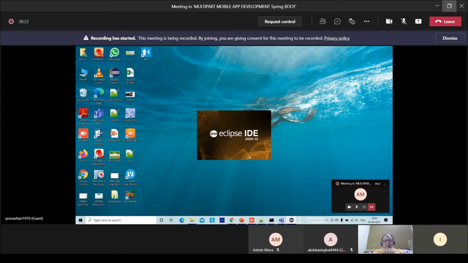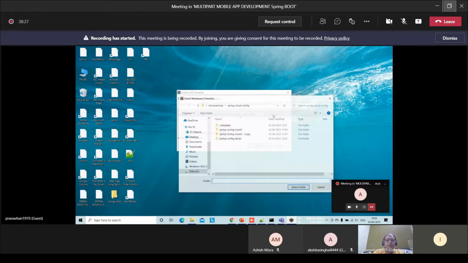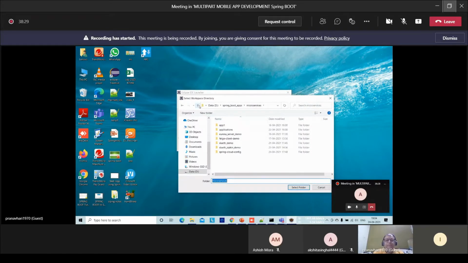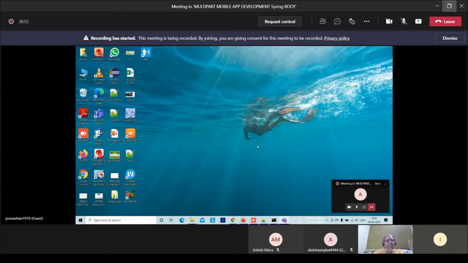It's taking a bit of time. Okay, I got it. Here we have to say D drive, Java code, Spring microservices, day 21, cloud server. Not this right now. We have to just select day 21 folder and launch.